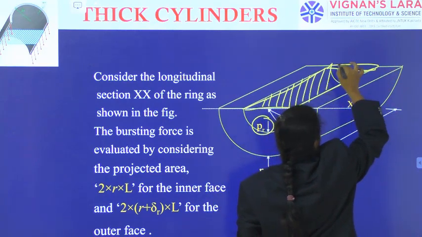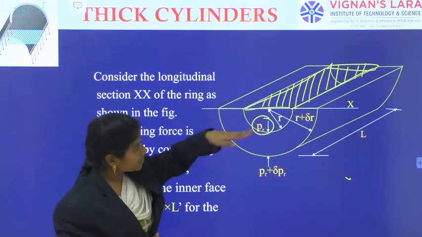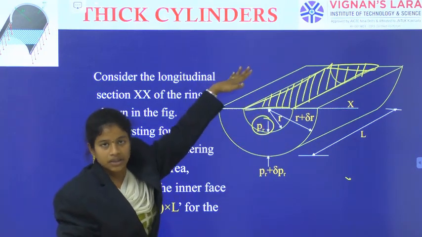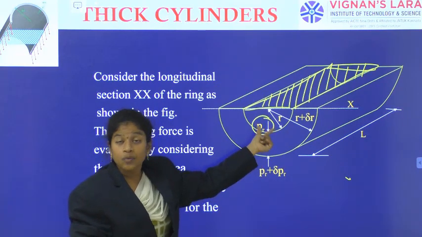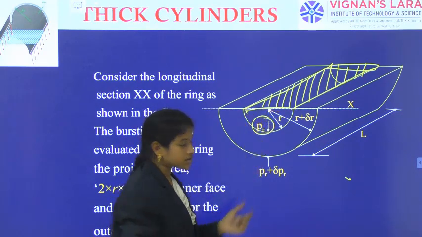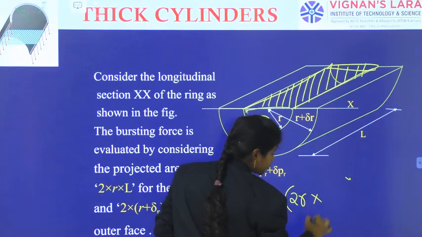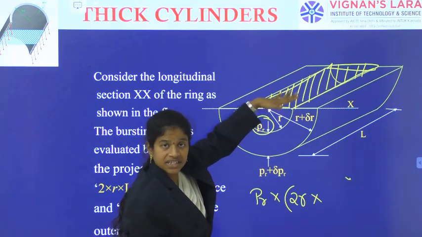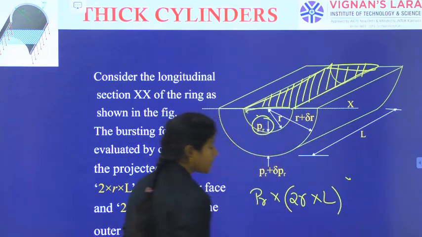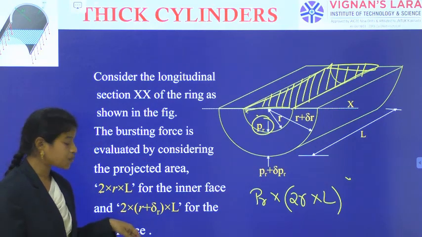This particular projected area or the rectangular area. When you see the section, you can observe a rectangular area, right? So that projected area, on this projected area only the pressure is coming. Okay. So the pressure, how much is coming? PR. And what is the area? It is having a dimension as R plus R, that is 2R. So pressure PR into 2R into L. Pressure into area. So its dimension is 2R and its dimension is L. So PR into 2R into L. Okay, so 2R into L is the pressure corresponding area.